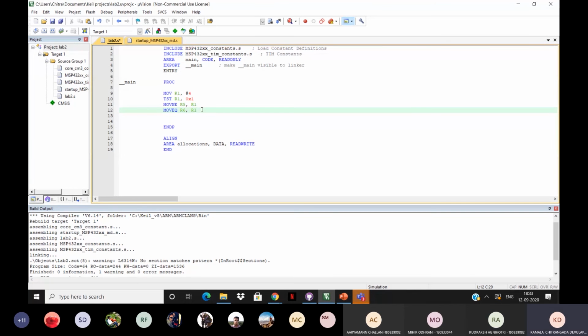So how this logic works is you AND the even number with 1. Aryaman, shouldn't this be 0 only? No, it should be 1. You're checking for the lowest bit, right? Yeah, TST is ANDing. Cool. So you AND it with 1, and if your result is 0, then you have an even number.